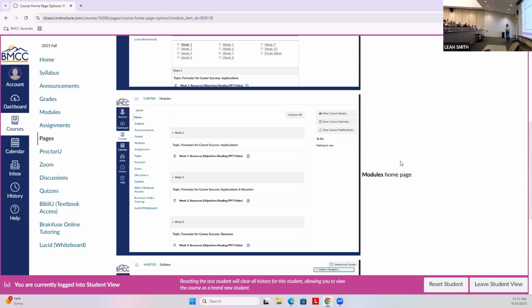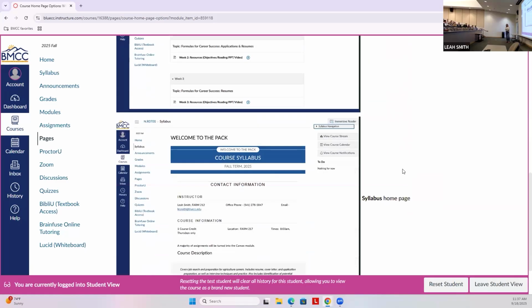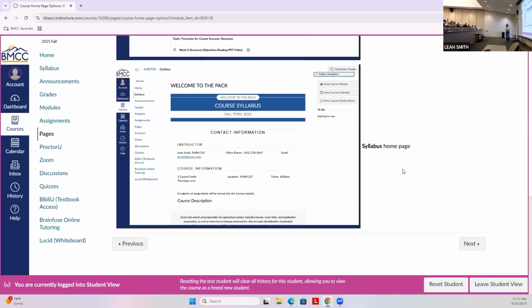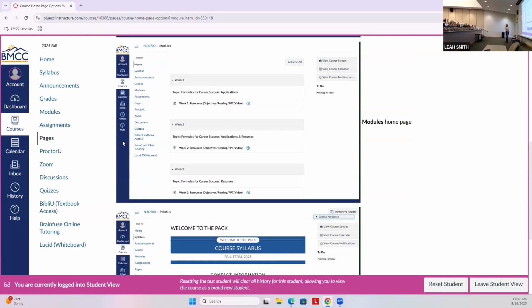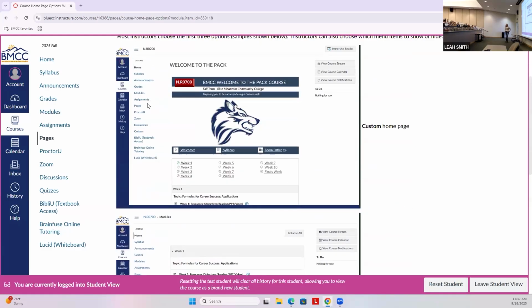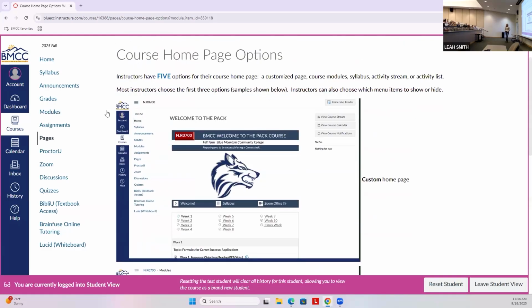And then below that, I also have the syllabus homepage, and it's listed as the homepage because some instructors want to make sure you see it front and center day one. So you're going to notice your courses might have that set up that way. Don't be surprised if your courses from different instructors have things set up differently, but if you look at the left menus, they're all the same. All the menus are exactly the same. It's just how the front page looks.